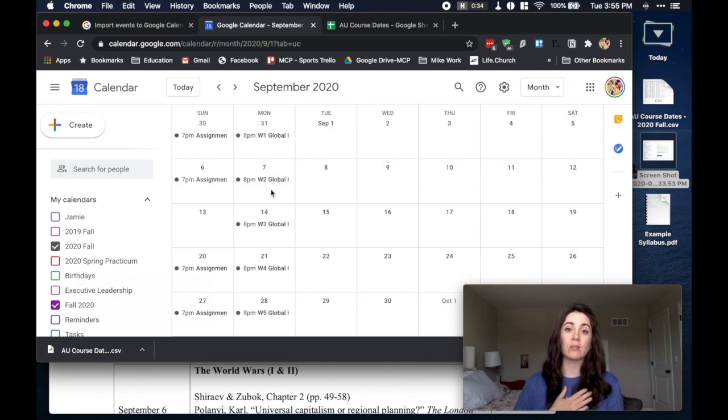For me, though, I use Apple. I like the Apple Calendar. So this isn't good enough for me. I need to get it into Apple. Now, the only way to get it into the Apple Calendar is to put it into a Google Calendar first. Now, once it's in a Google Calendar, you go into the calendar,